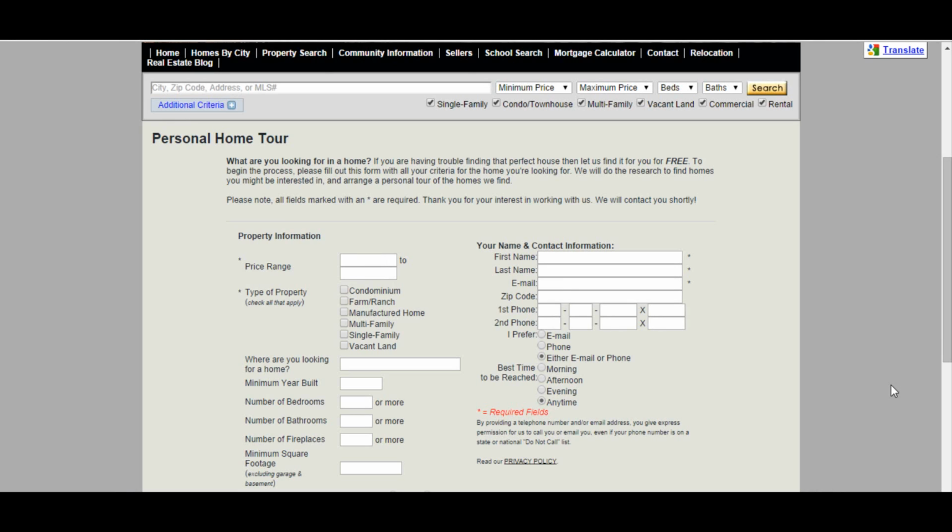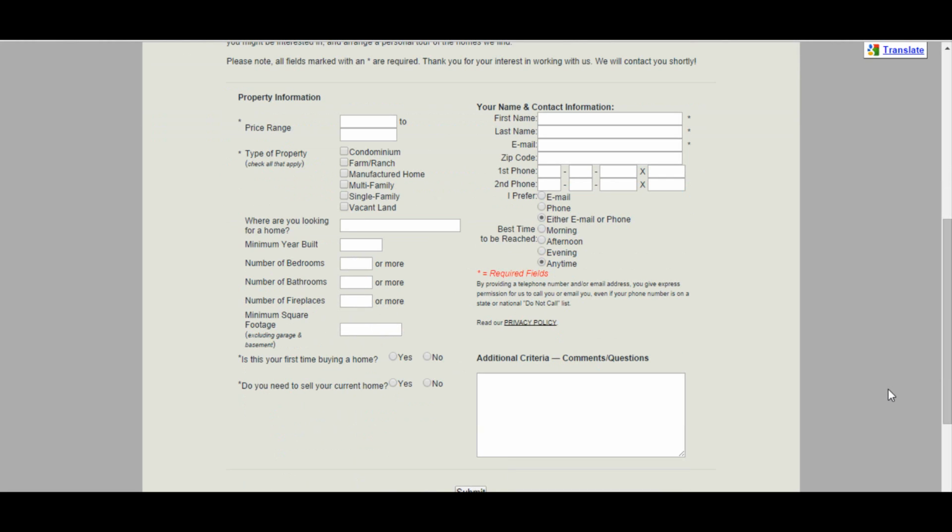We're basically asking them what they are looking for, giving them a little bit more control, letting them drive the car a little bit longer. And what's going to happen is whenever they fill out a form, it's going to come to us in the form of a lead. That way, as soon as they click Submit after filling out the required information, which isn't a whole lot: price range, type of property,